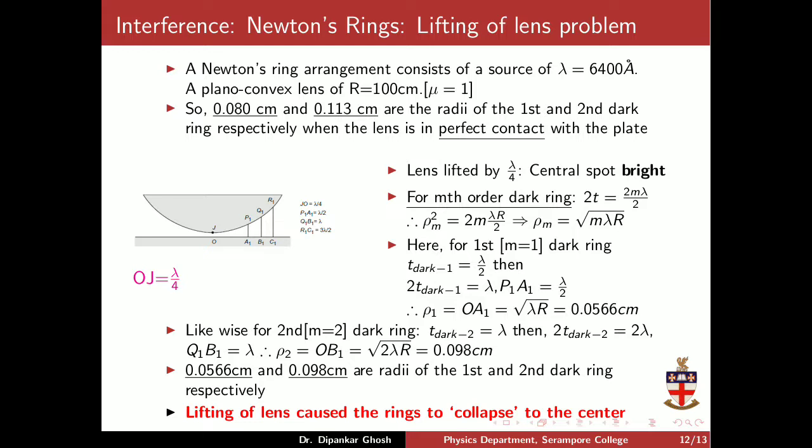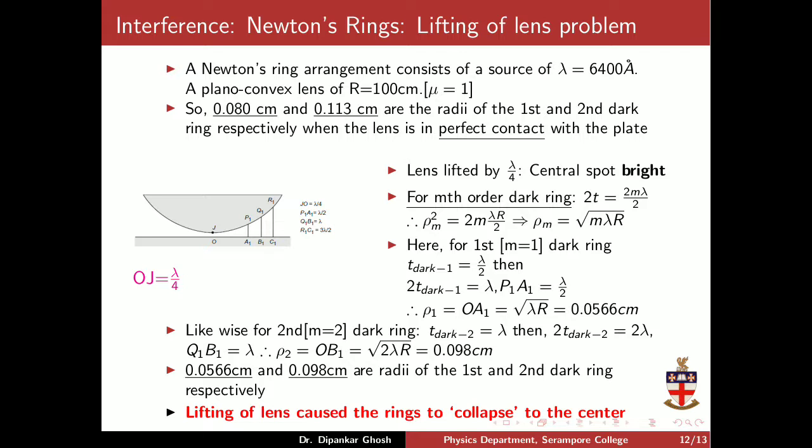the rings are converging towards the central spot, and one by one they are falling into the central spot. That's why the color of the central spot is changing. When the lens was perfectly touching the plain glass plate, the central spot was dark. But when we started lifting it and reached the height lambda by 4, that means the lowermost point of the lens is at a height lambda by 4 from the surface of the glass plate, then we see suddenly the dark central spot turns bright, as if the very adjacent bright ring falls into the dark spot,